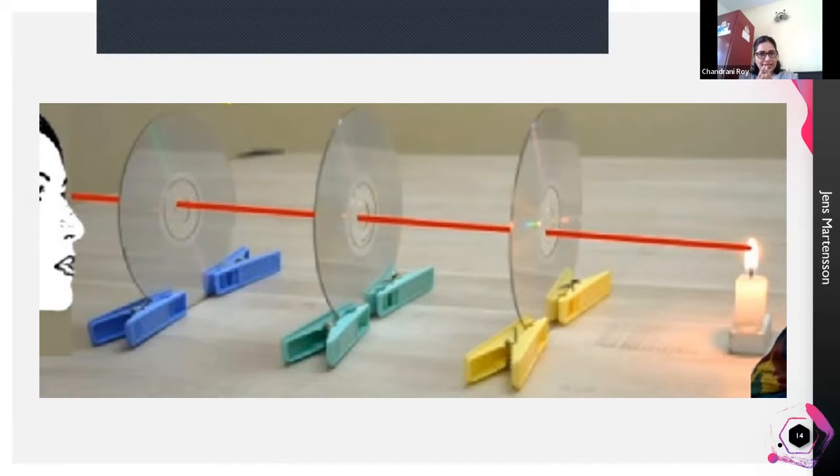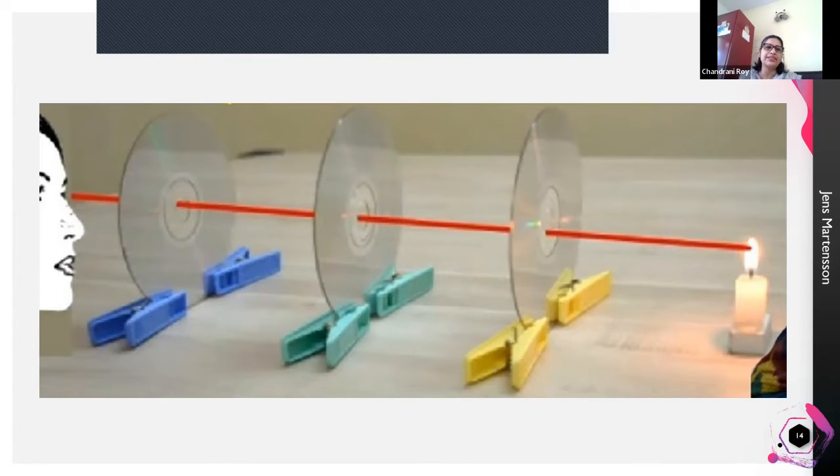Since it is easily available to all of you, I have not included it. So that is, of course, one activity that we ask them to get involved in, to make a pinhole camera. The other one, where they can check whether light travels in a straight line or not,